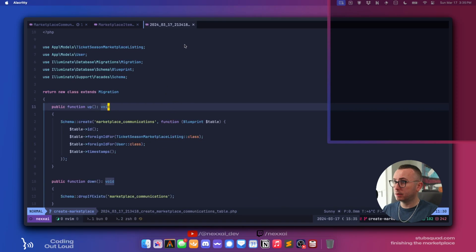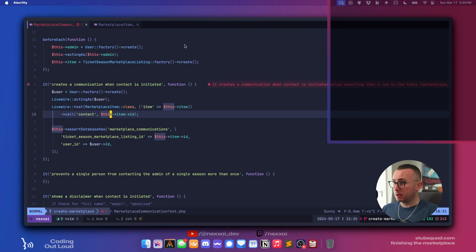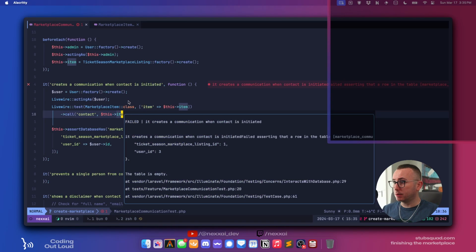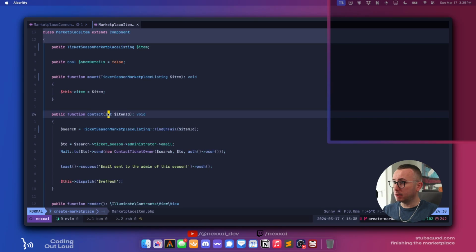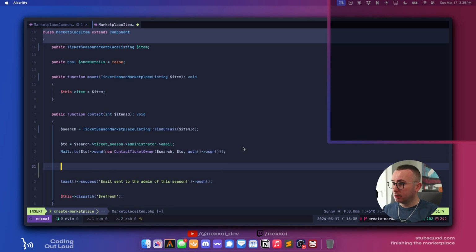Okay, so marketplace communications. Yep. So when this person sends a contact, we also want to create an entry in that table.